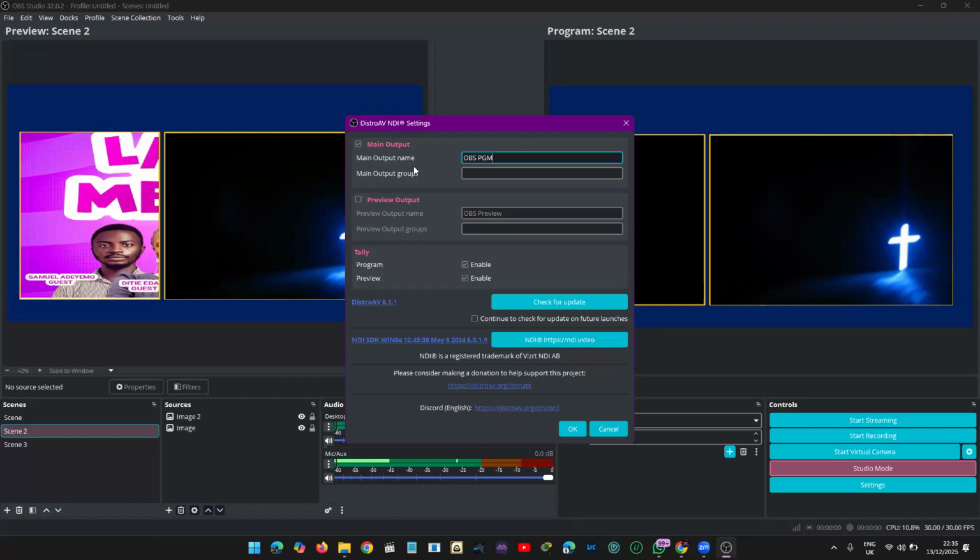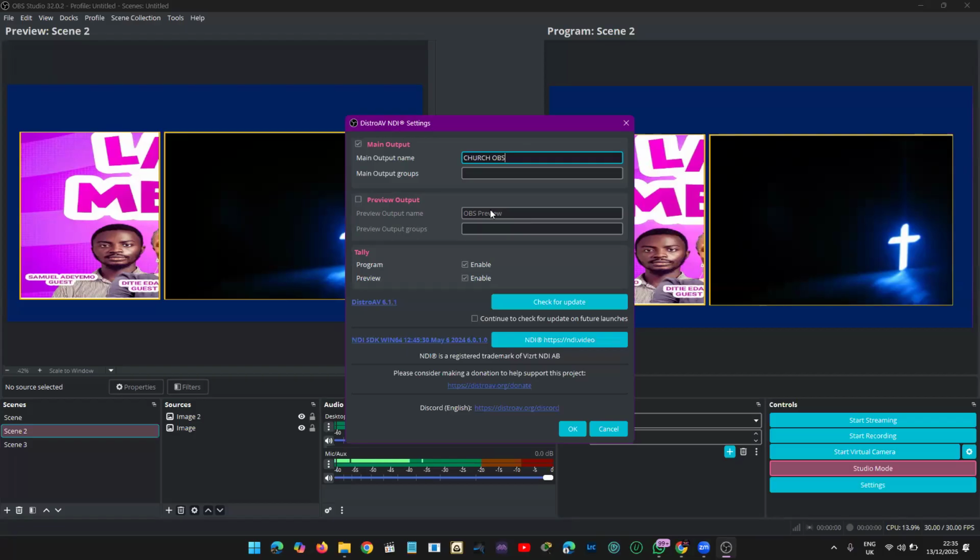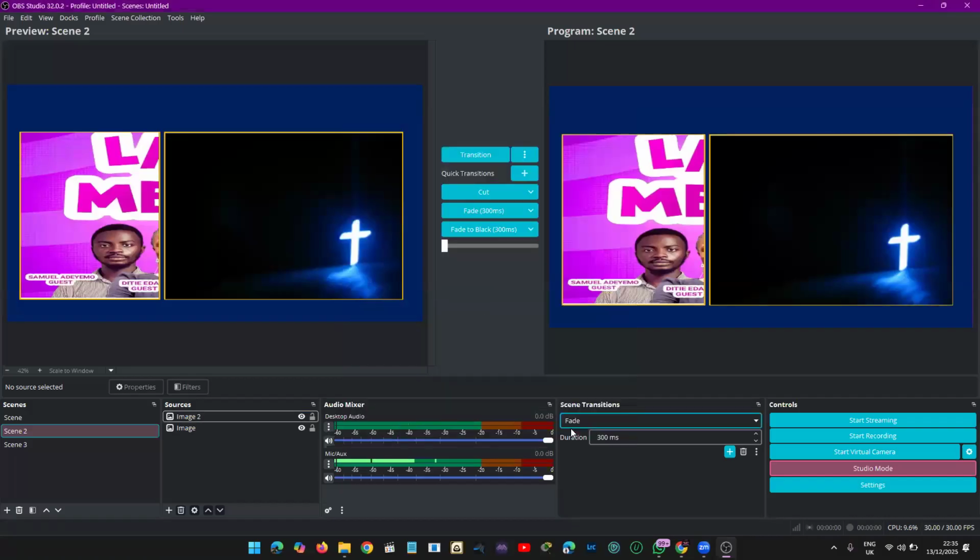You can name it probably church OBS, or depending on how you want to name it. And if you also want to send your preview through NDI, you can also toggle it here. But I don't think we need that. And so that's it. So what it means now is our NDI is active, which means somebody can